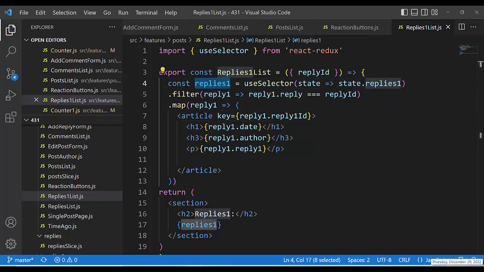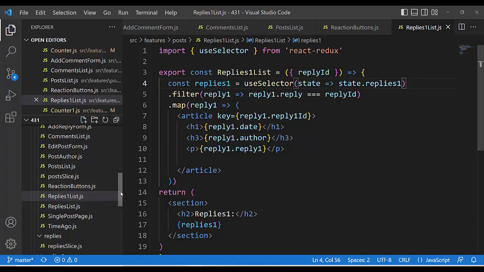And when state.replies1 mutates, immediately the change mutates the left side of the equation. Okay,